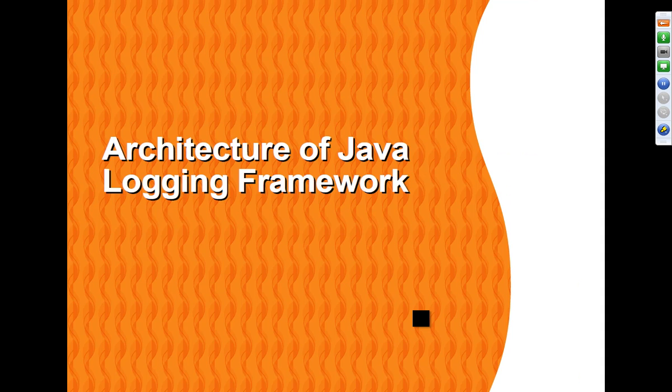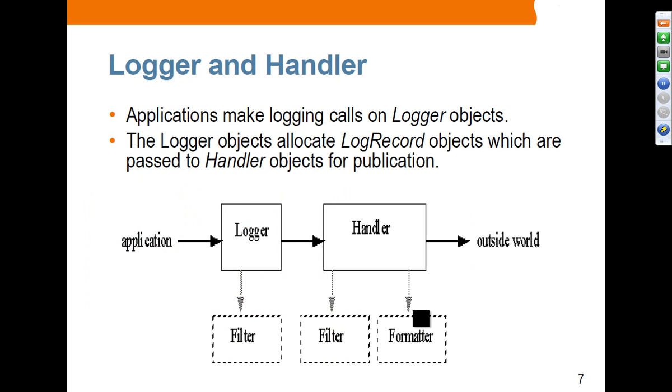So let's talk about the architecture of the Java logging framework. It is actually made of two things. One is the logger and the other one is the handler. The logger is the one that the application makes logging calls to. The application will acquire a logger object, and then the logger object creates log record objects, and each log record represents a log, and those log records will be